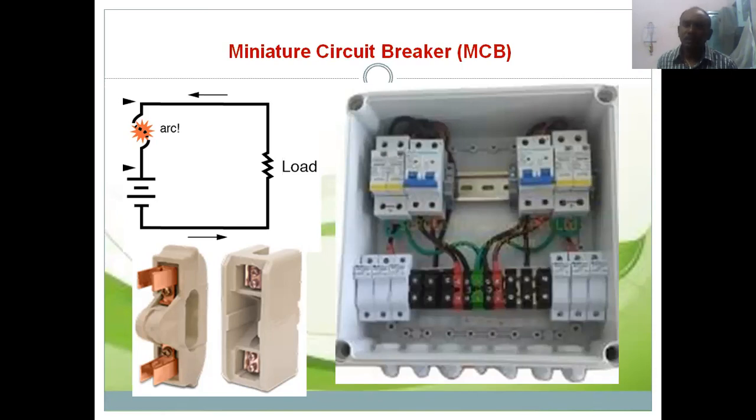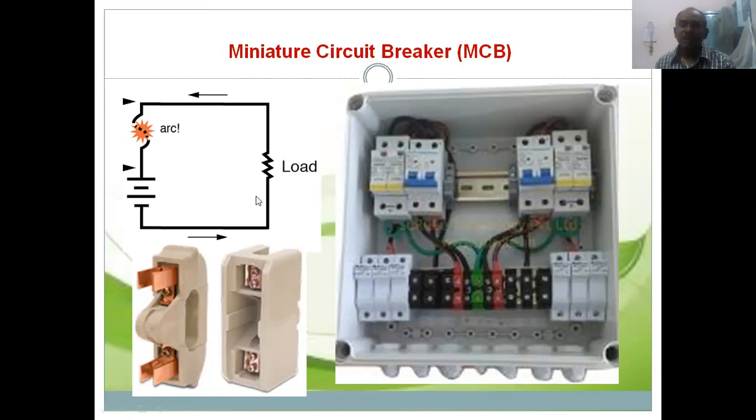Now, the latest equipment. What is the comparison? The operation of the fuse is lagging in time compared to the MCB. When a fault occurs, it takes time for the fuse to heat and blow, and more time to interrupt the circuit. Whereas MCBs operate very quickly, within 2-3 cycles, or 2 cycles or 1 cycle.